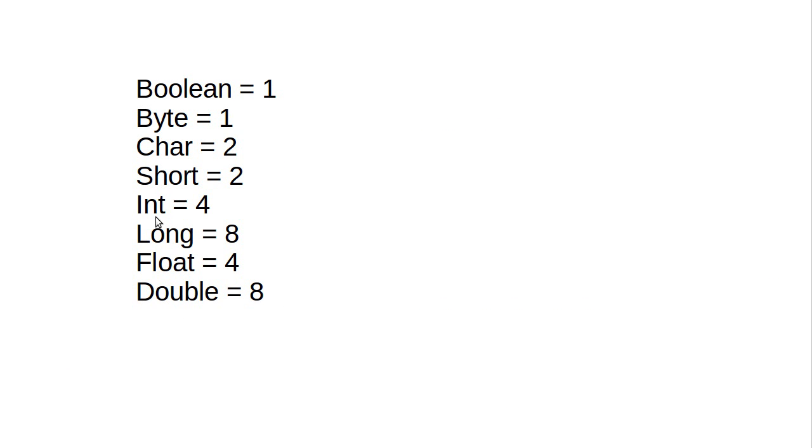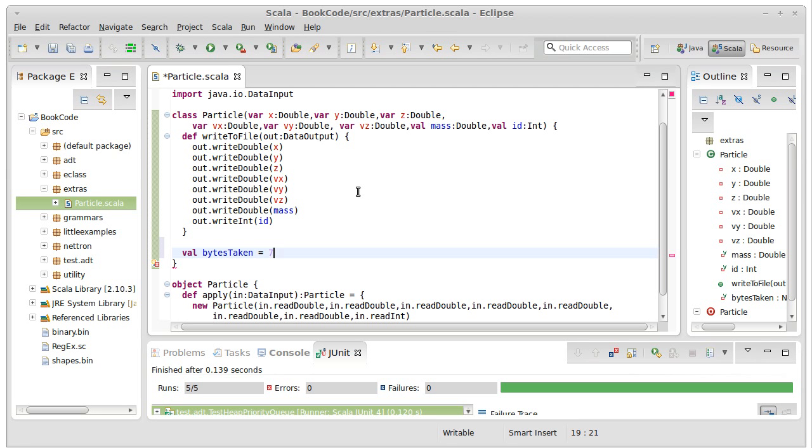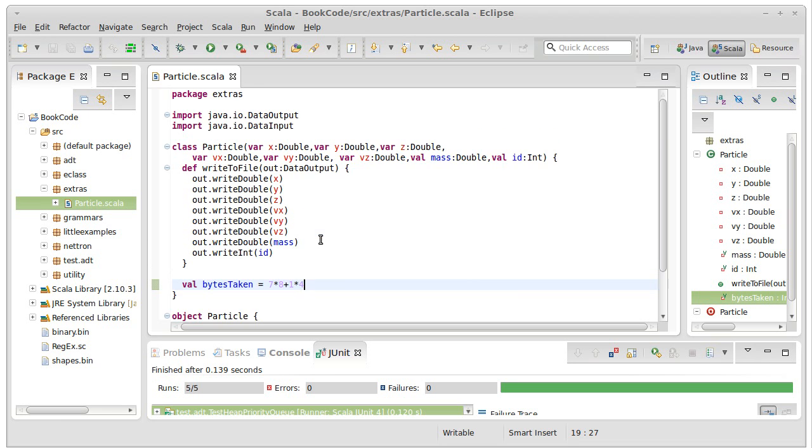Our doubles are 8 bytes, our ints are 4 bytes. So this has 7 values that are each 8 bytes plus 1 value that is 4 bytes. It could be helpful if you're going to do a lot of this to define some constant someplace for the size of these, just to make it more clear if someone comes and reads your code. And I don't have a magic 8 and a magic 4 sitting here, but for our purposes right now, that will be sufficient. Just to test this out,